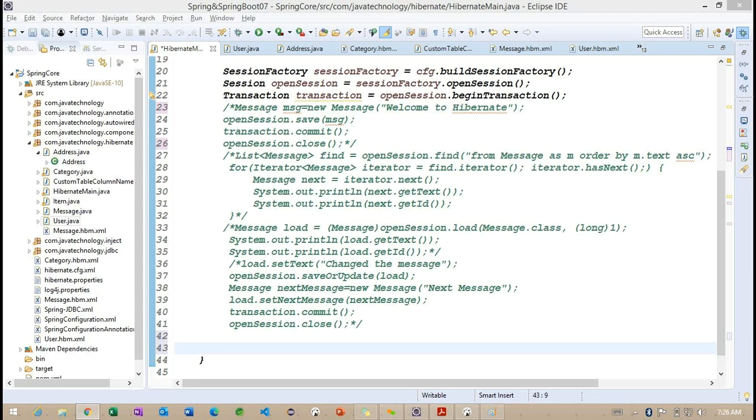Getting the point. First we need to create an object here. So what are the objects we need to create? First we need to create a user object, and later we need to create an address here.